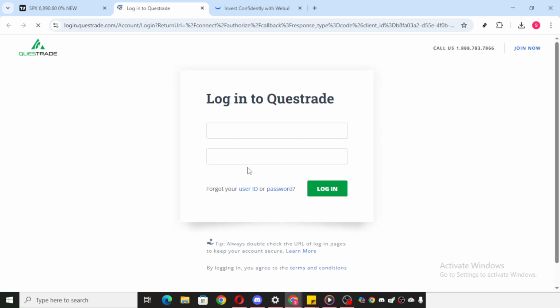This step is essential because it ensures that your accounts are securely linked. Take your time to carefully enter your information. It's important that these details are accurate to avoid any issues with the connection. Once you've entered your login details, follow the prompts on the screen. These prompts guide you through the final stages of the connection process, and before you know it, TradingView and Questrade